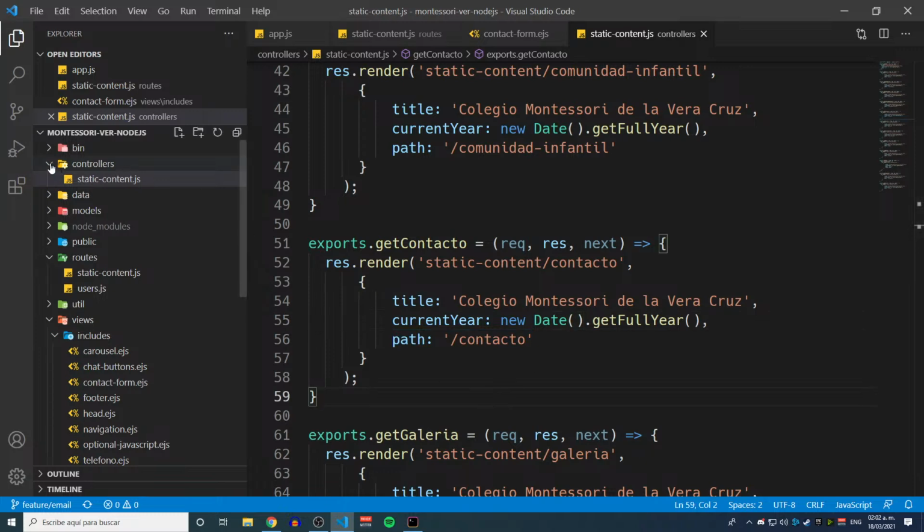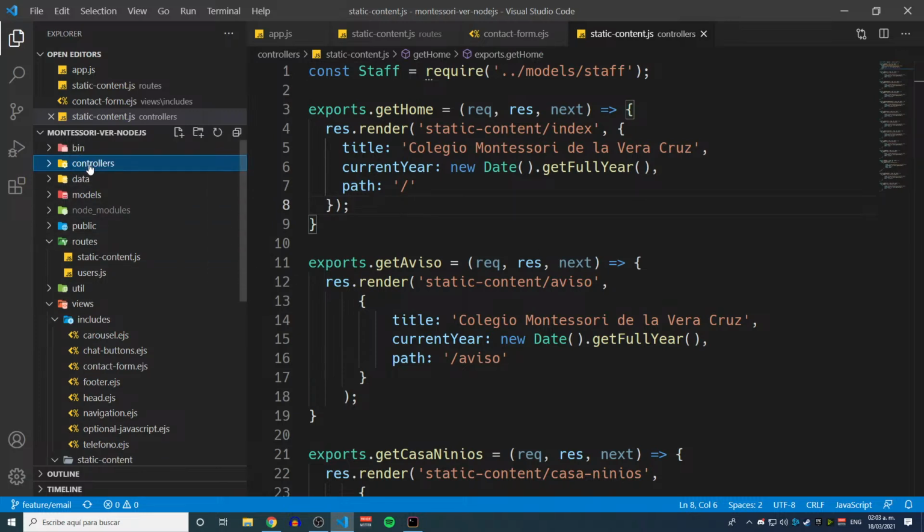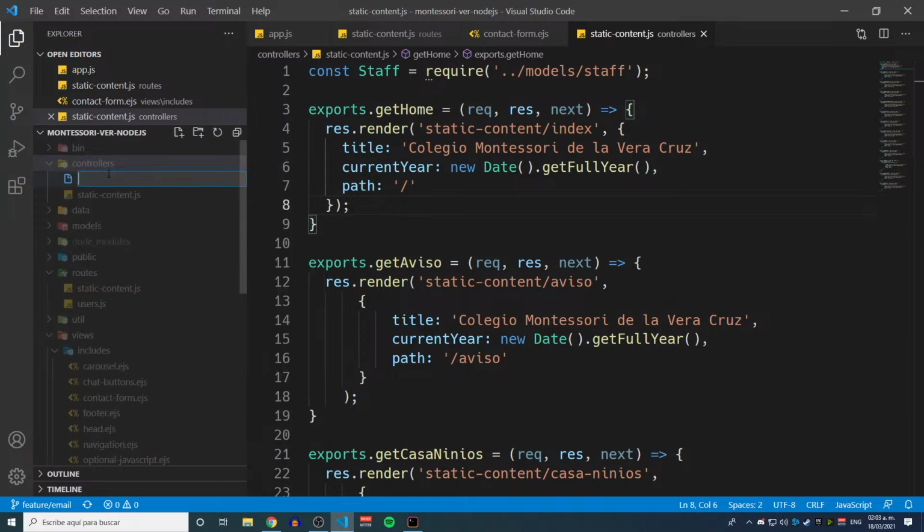But before that, I may like to create controllers here. So I'm not going to create the controller export right here. I don't think this is a good place to do it. So what I'm going to do, I'm going to create, for example, a new file called